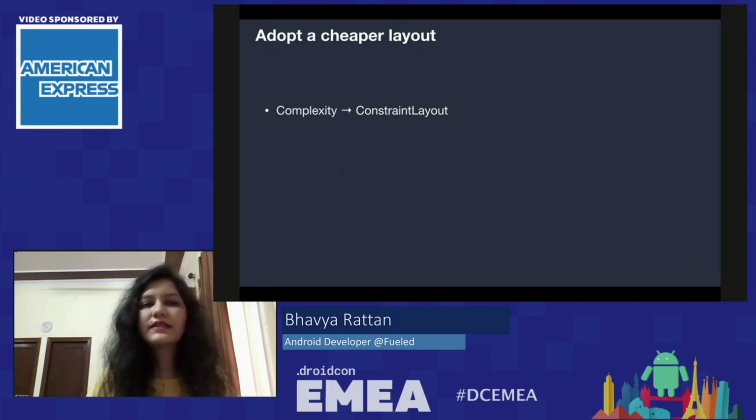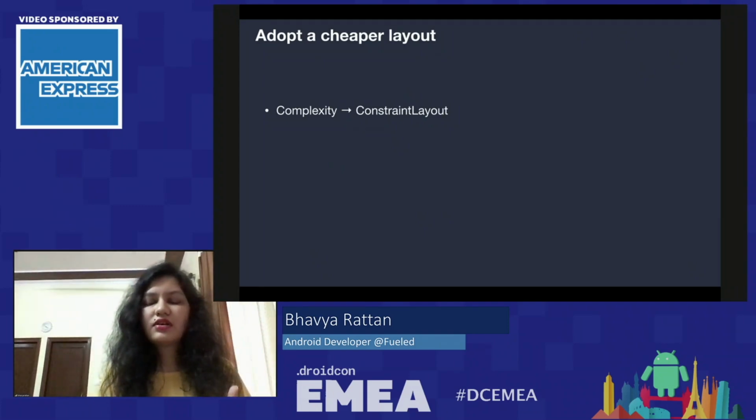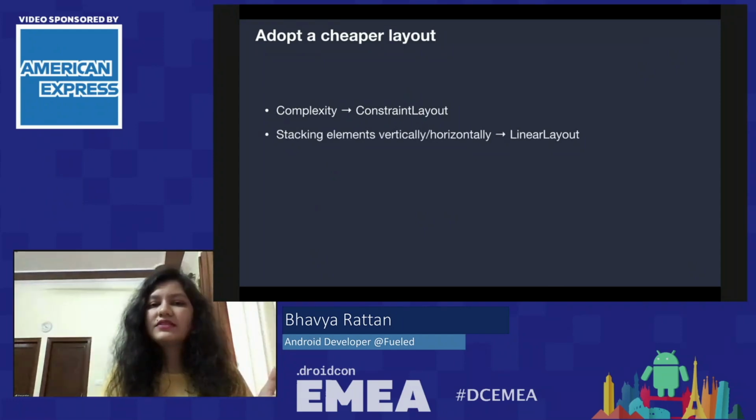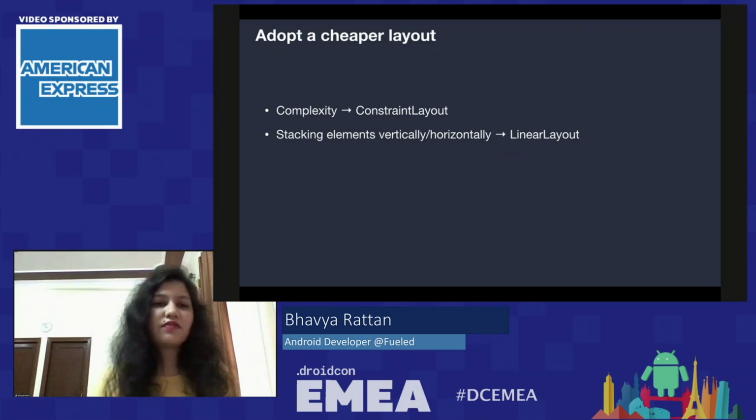So for complex layouts, it's always a good practice to use constraint layout instead of relative layouts or other parent view groups, or nested linear layouts, which can cause double taxation. For stacking elements vertically or horizontally, if it's just a very simple layout, you should always prefer a linear layout. Even linear layout would be better than constraint layout for such simple scenarios where you are just stacking vertically